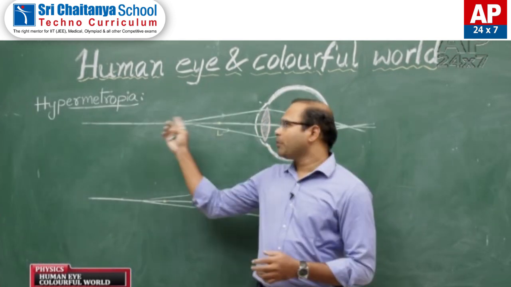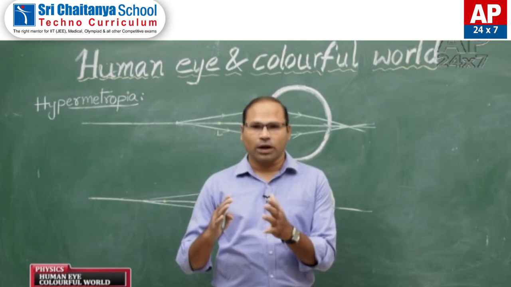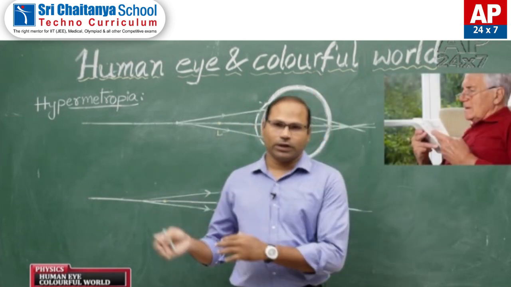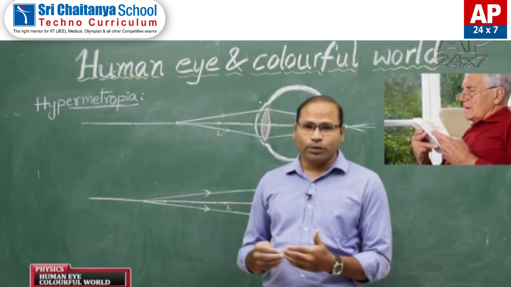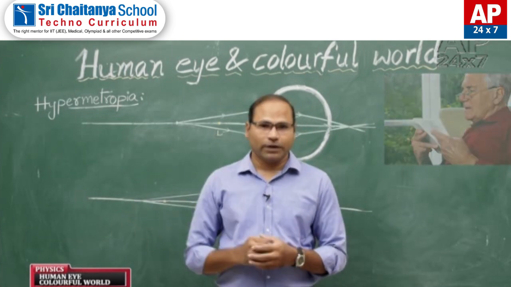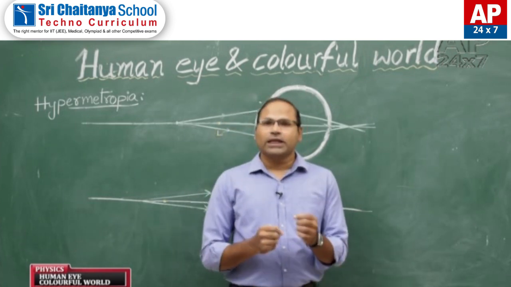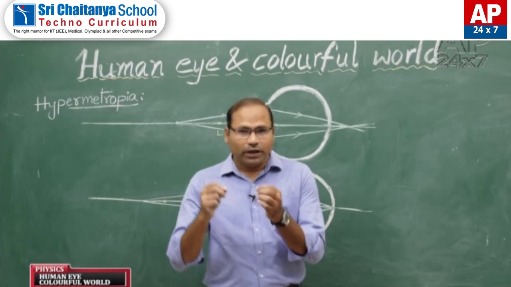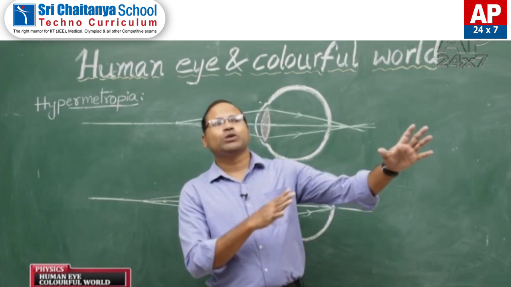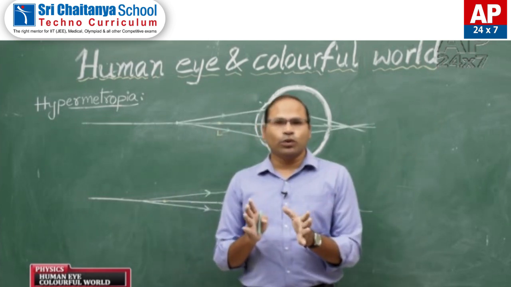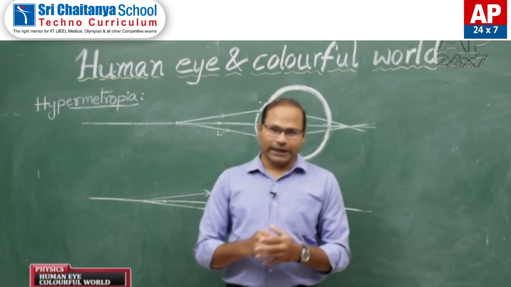Let us see the second case, hypermetropia. You might have observed some people at your home or in your relatives who are aged people like above 50 years. They feel difficult in reading newspapers. They try to read the newspapers or books by keeping them at a little far distance, right? And to get rid of this situation, they use some spectacles and they say they are reading glasses. They use such glasses only for reading purpose, isn't it? Okay, to see any objects which are far away, they do not use these glasses. Now, let us discuss this kind of problem in detail.